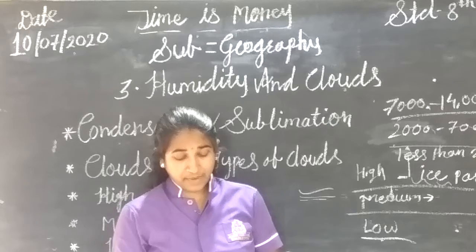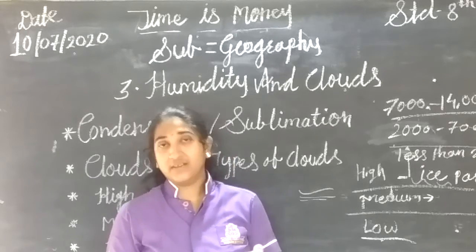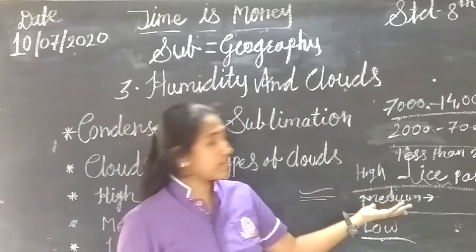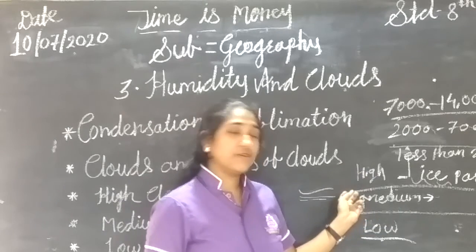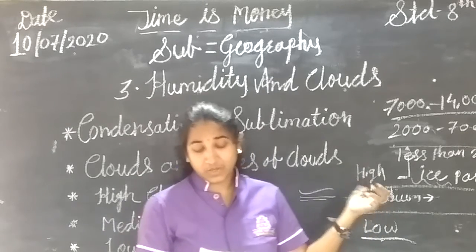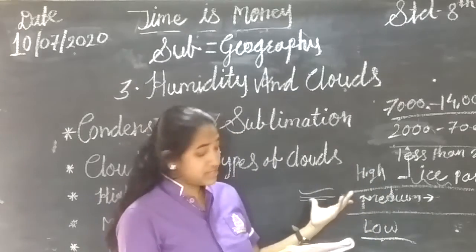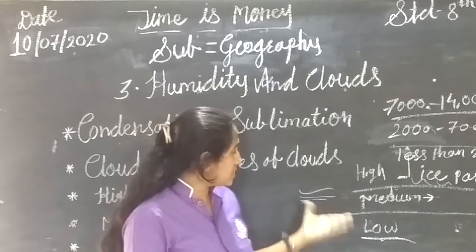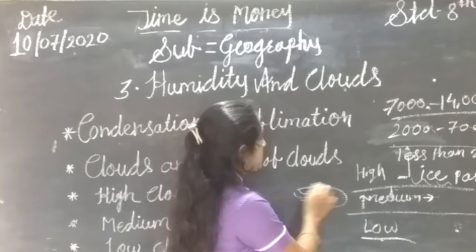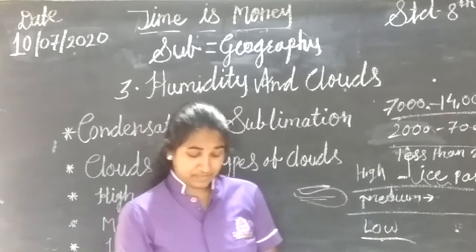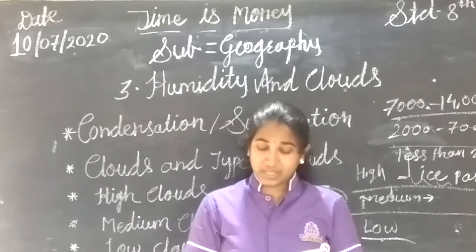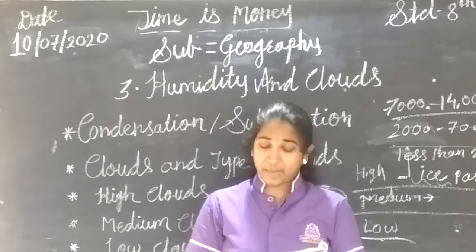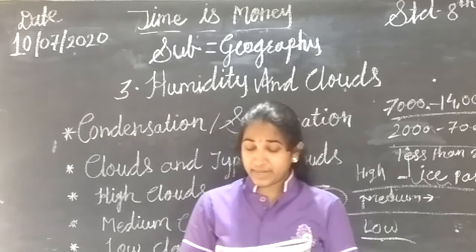They are mostly white in color and have a gray shade. See, according to the clouds, their color is also different. These clouds have gray and white color, and there is a gray shade. Altostratus are not very thick. The sun can be seen through them as seen through a milky glass.